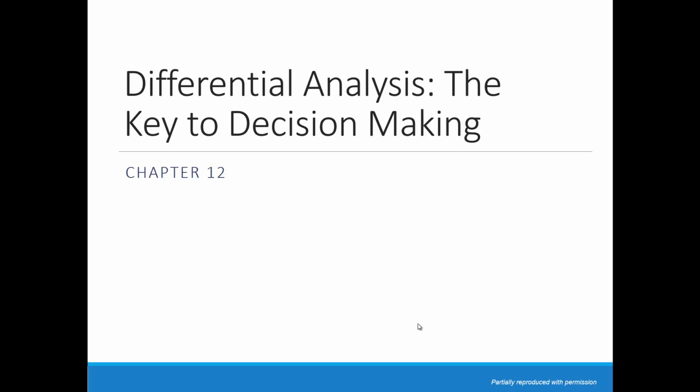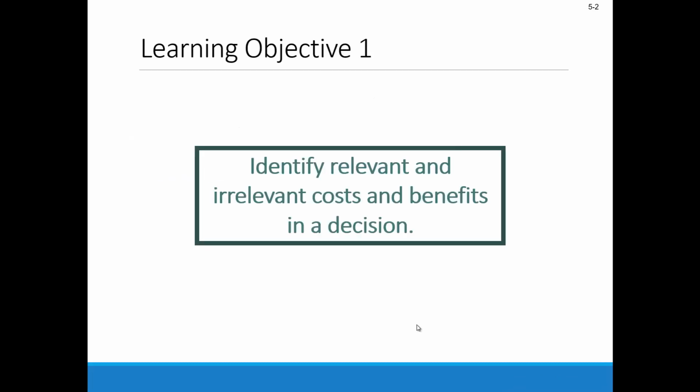In this video, we're going to work through some Chapter 12 notes. So Chapter 12 was titled Differential Analysis, the Key to Decision Making. And the nice thing about this chapter is there's a lot of decision-making characteristics and principles that really apply both in and outside accounting. So our first learning objective was to identify relevant and irrelevant costs and benefits in any